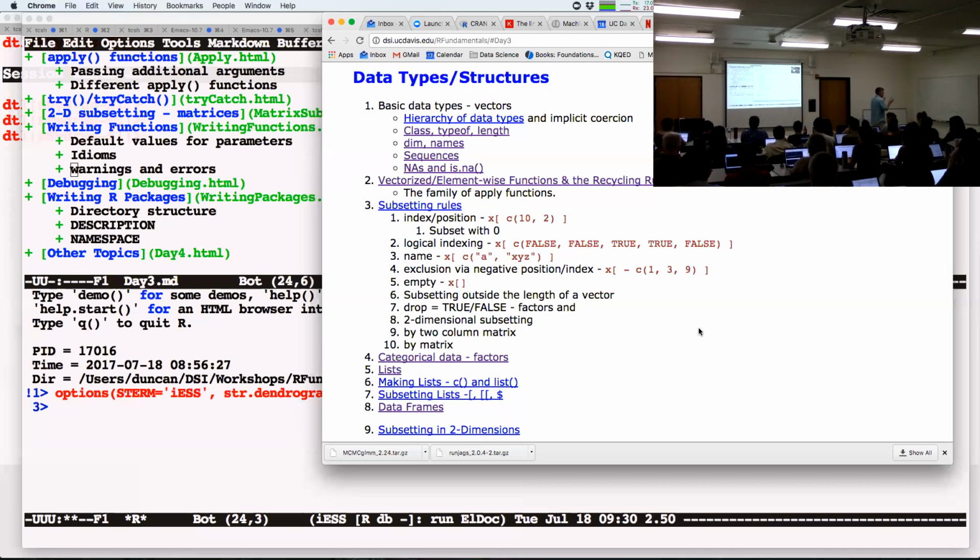Again, all of this is elementary to some extent, except there's so much that can go wrong. It's easy to know the rules here about whether this is partial matching or not. It's easy to find out. It's really worthwhile to go through and look at all the corner cases, where you say x equals numeric with 0 elements. What does x greater than 0 give me back? Does it give me back a logical value?